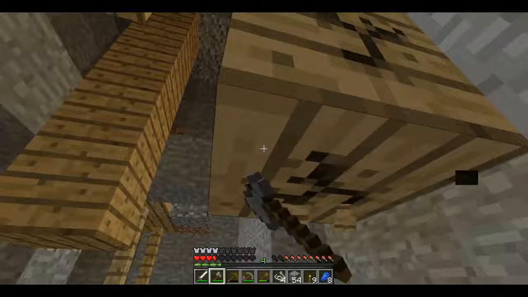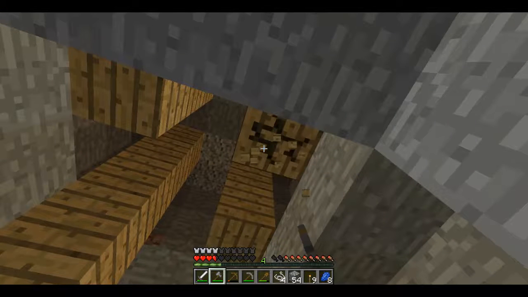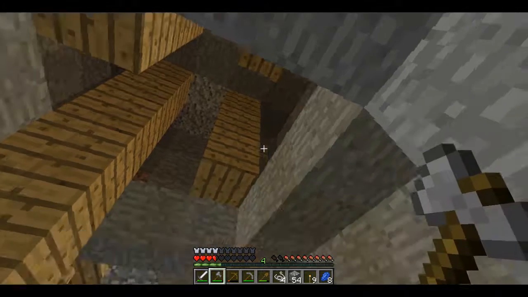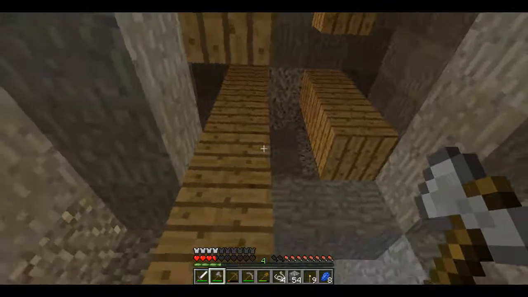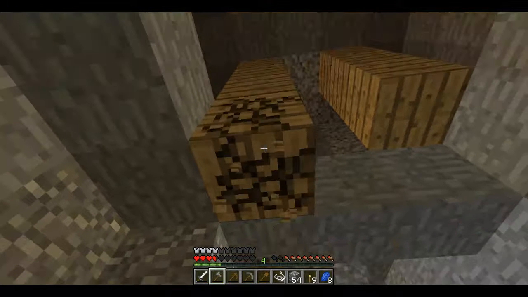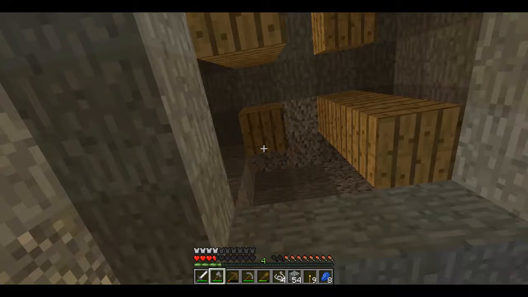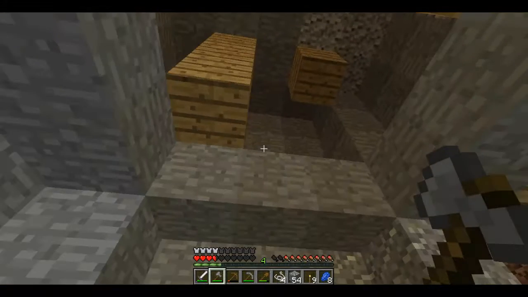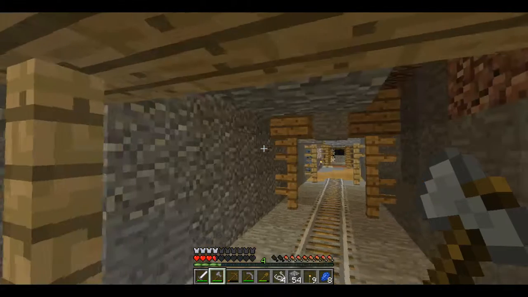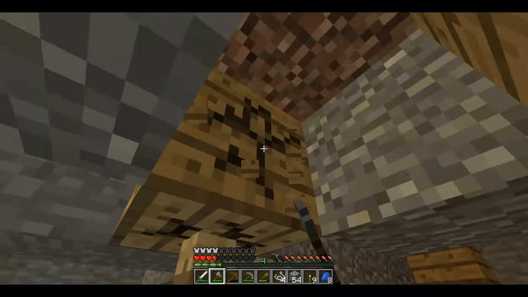While we're here, I don't like the sound of that. Does that mean there's going to be a load of charged creepers upstairs? I don't know if you can hear that thunder as well, like I can. It's just a wall there, so there's not going to be any more there. But we've got some wood. We could take this as well. Why not? While we're here,